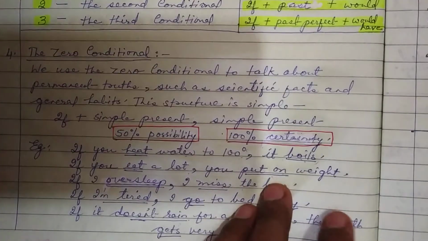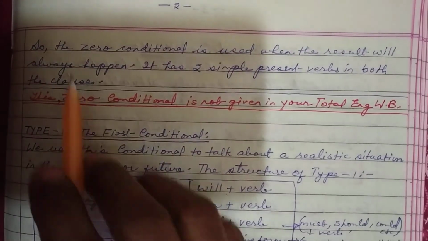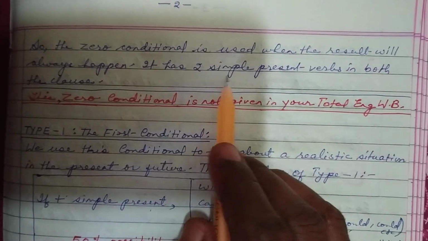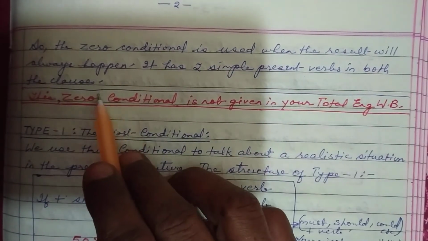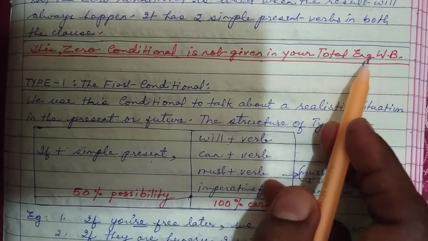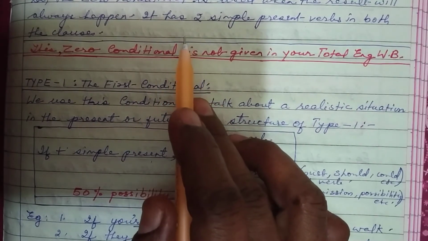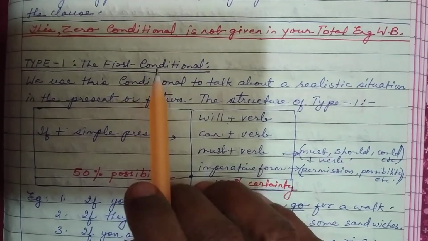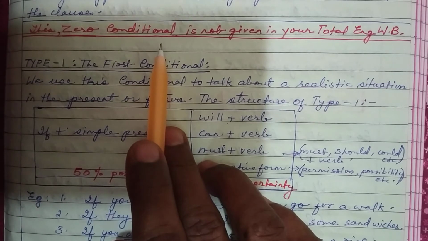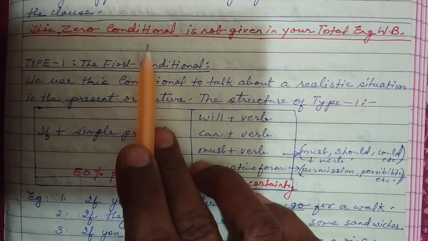So the zero conditional is used when the result will always happen. So it only is used when the result is always supposed to happen. It has 2 simple present verbs in both the clauses. But this zero conditional is not given in your Total English workbook. So you would remember this because this often comes. I gave you zero conditional because most of the grammar books have it, and some of the grammar books don't carry it. But then it's an important part. So I added it to your